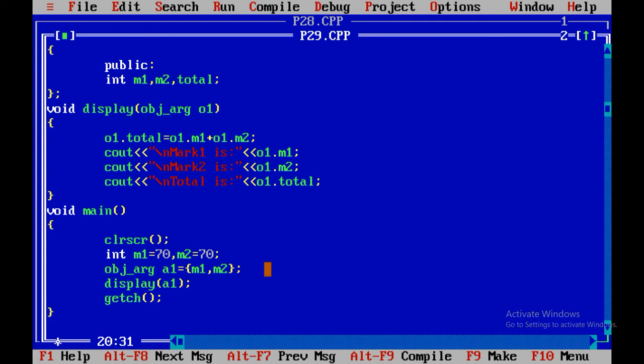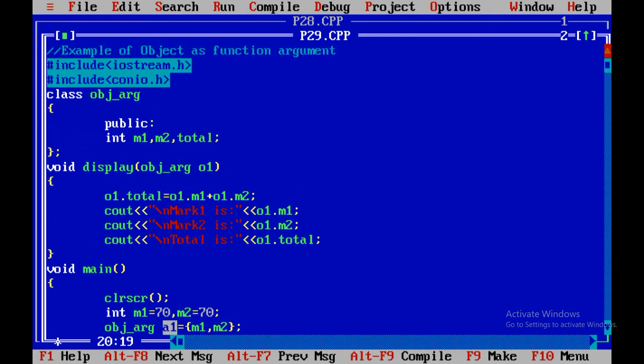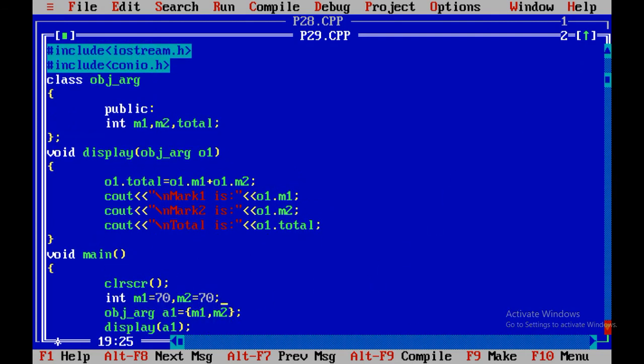The same programs we have converted into the class, and there are again three ways to pass values of class variables. So that is one of the ways using which you can pass the values of object a1. So a1.m1 equals 70 and a1.m2 equals 70.